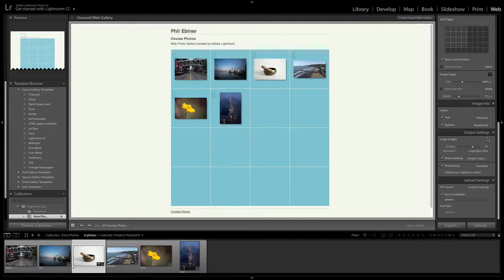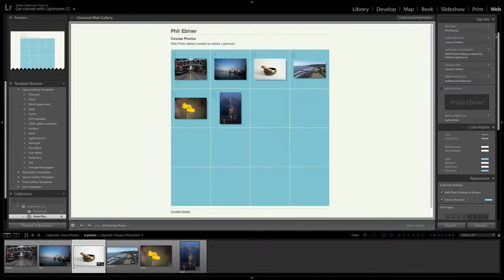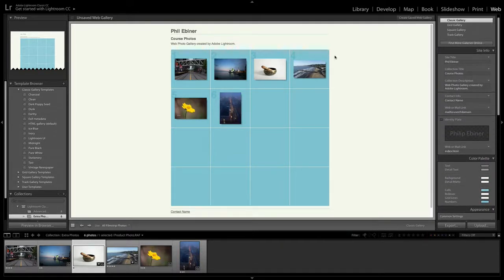So again, this is a much more advanced way of building out a website. It's cool that you can do it right within Lightroom, but it is not necessarily my preferred method for creating an online portfolio. There's lots of other services like Squarespace or WordPress or Wix.com, or simply using something like Facebook or Instagram to build your own portfolio is a good idea too. But I did want to show you these other modules. If you have any questions about any of them, please let me know and I'll try to help you out.